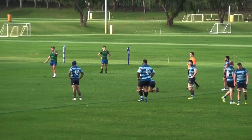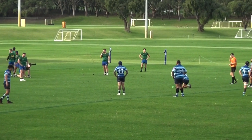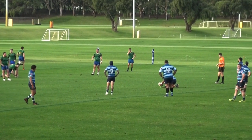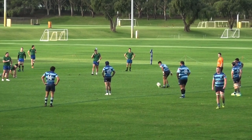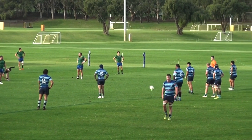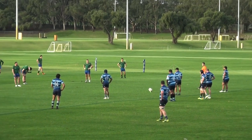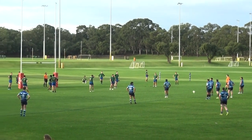So they've made the decision: kick this penalty and try and add 3 more points. Joe Lituala straight in front, just inside the 22. Cott's first points. They have been competitive all throughout this half without being able to convert. But now,